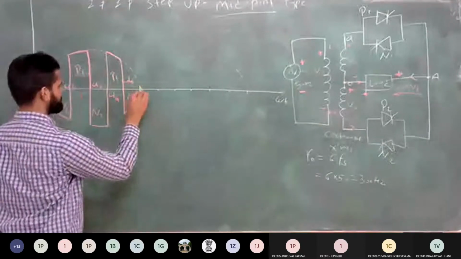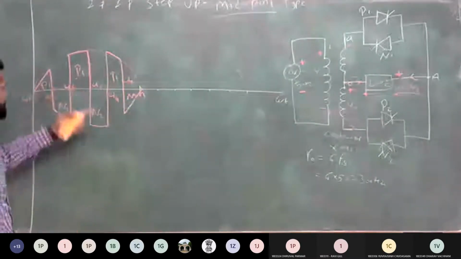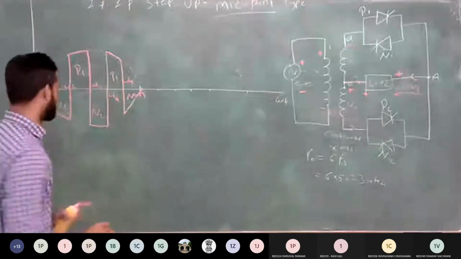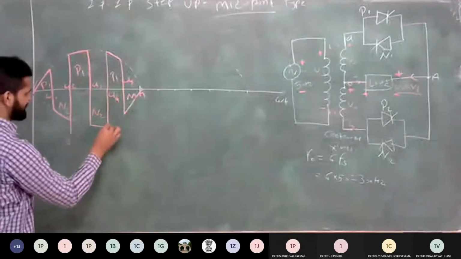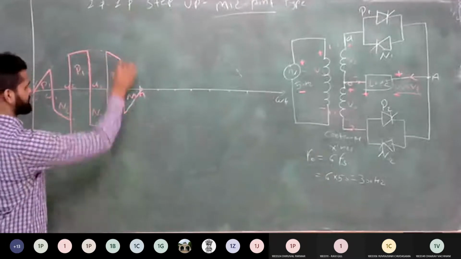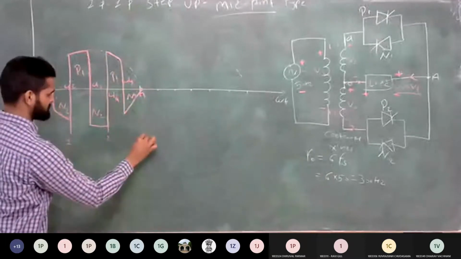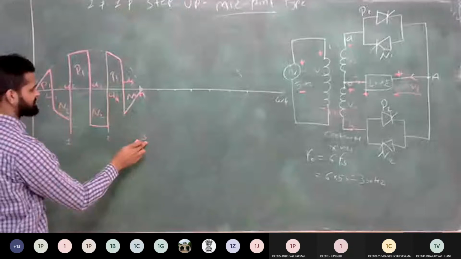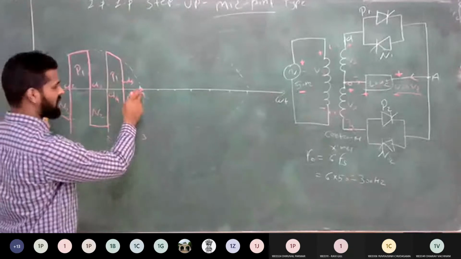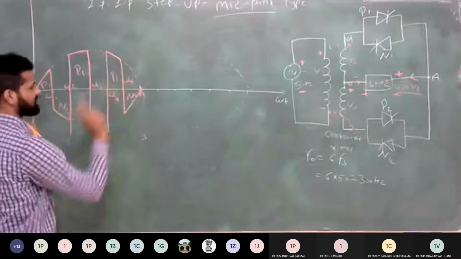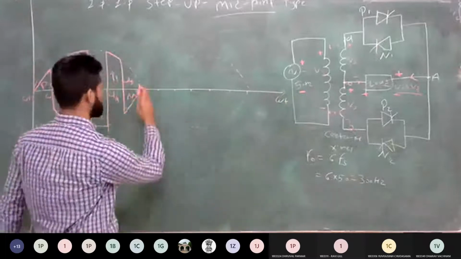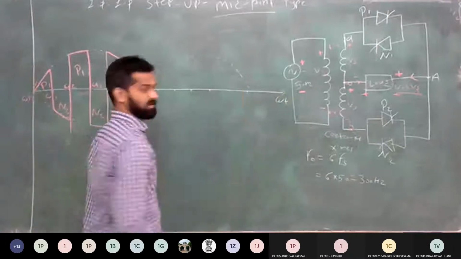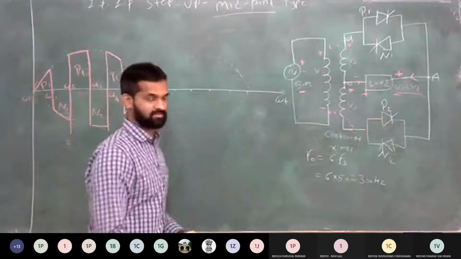So you can see here P1 N2, P1 N2, P1 N2. Here, how many cycles? This is cycle number 1, positive negative, cycle number 2, positive negative, cycle number 3. So you can see that 3 cycles are completed in one half cycle of your supply. This is the half cycle of your 50 Hz cycle. Same way, in the negative half cycle of your supply, you again get the next 3 cycles.